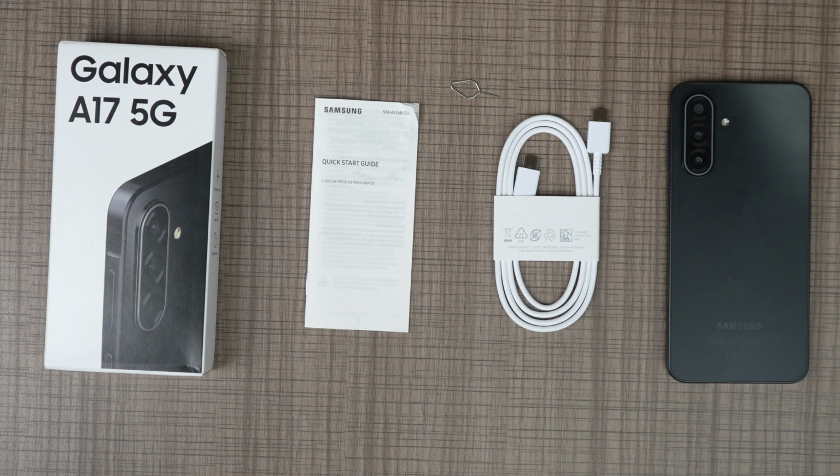The real question, however, is are these few upgrades enough to make the Galaxy A17 5G worth buying, or should you save your money for something else? Let's find out. Inside the box, we have the bare bones that Samsung gives you, just a user guide, USB-C